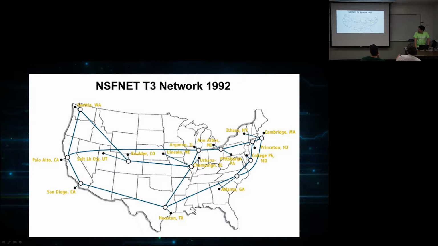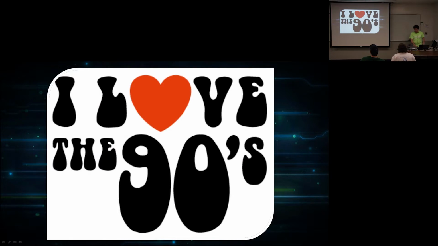So by the 90s, you had an international network of computers on this TCP/IP packet switch network. This is the National Science Foundation's network, which had a grand total of 25 megabits back in '92. Now it's probably terabits, but technology evolves. So this is when we entered the 90s.